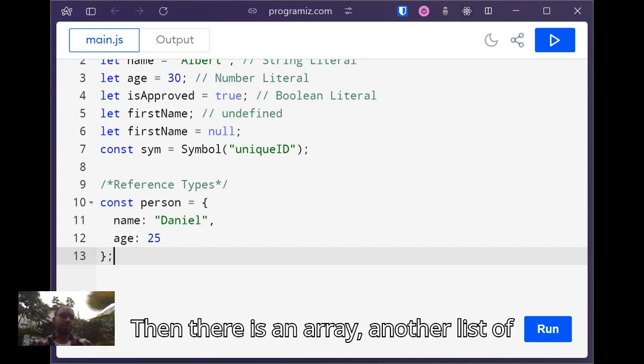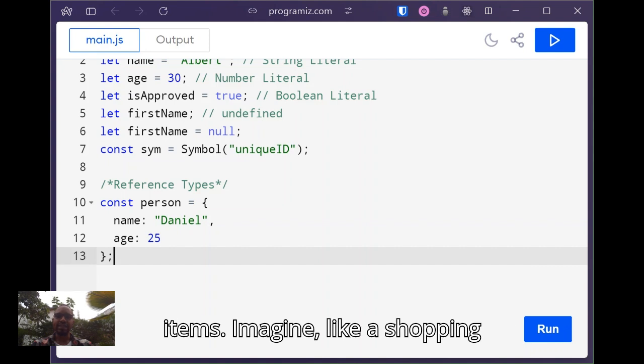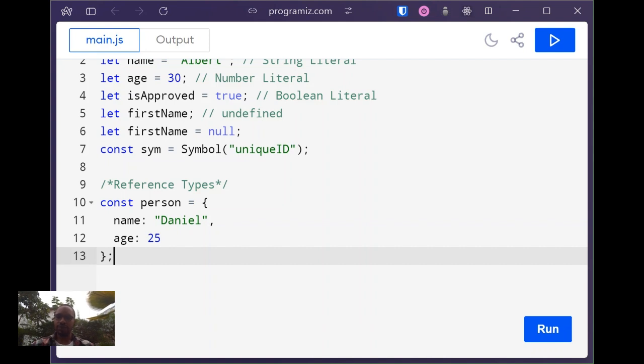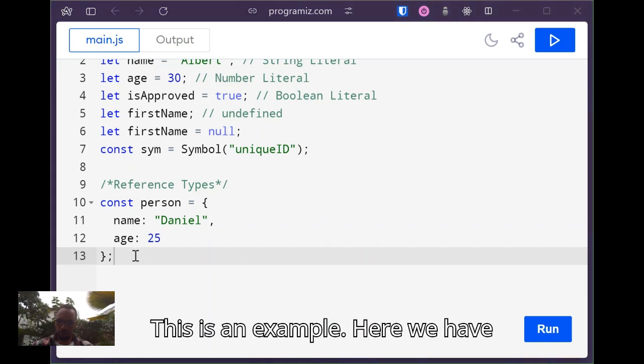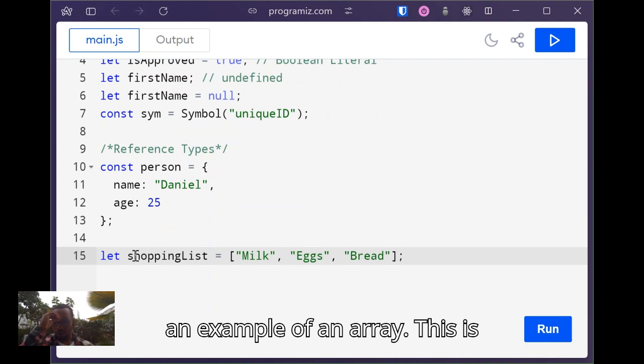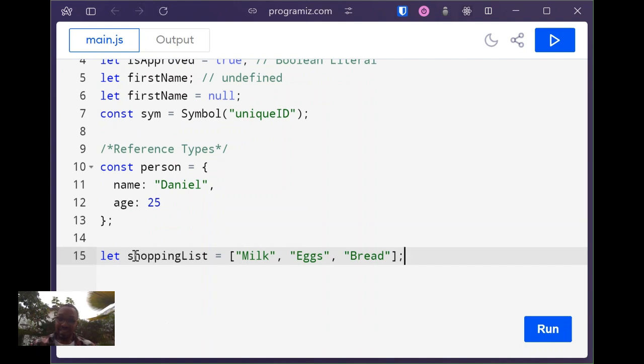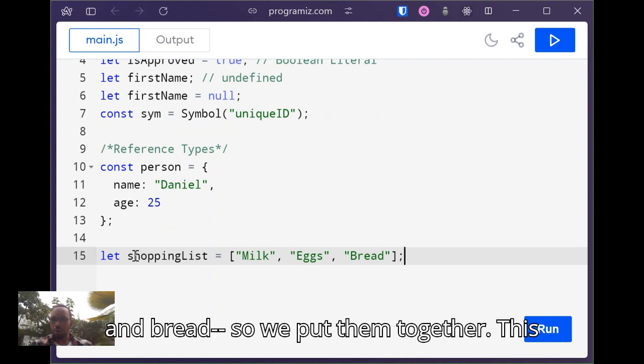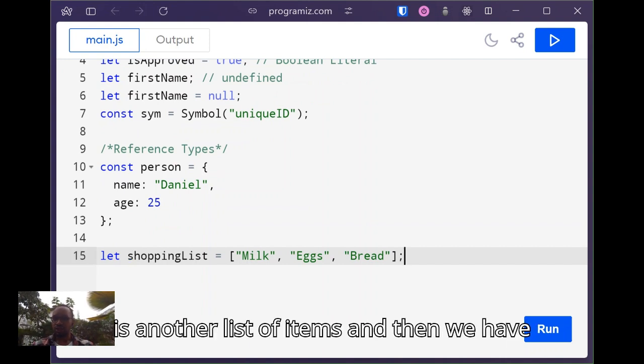Then there is an array, another list of items. Imagine a shopping list where each item has its own spot. Okay, this is an example. Here we have an example of an array. This is an array of a shopping list: milk, eggs, and bread. So we put them together. This is another list of items. And then we have what we call